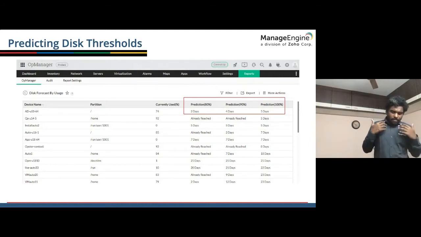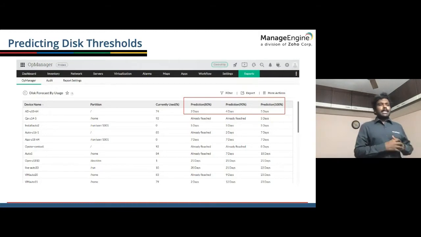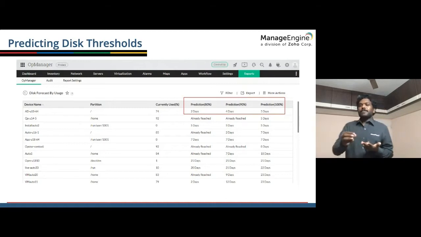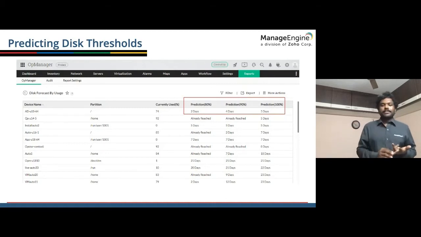Now, when you have a powerful forecasting algorithm like this, you can actually query it in a lot of different ways. For example, this is one way of querying, right? The other case we saw was when will it reach so much percentage? But here you are giving me the percentage and asking by when I would reach a certain threshold, right? There are two ways: by when would I reach it, or on a given day, what would be the value of this particular entity I am monitoring.